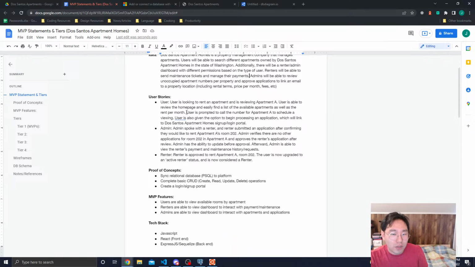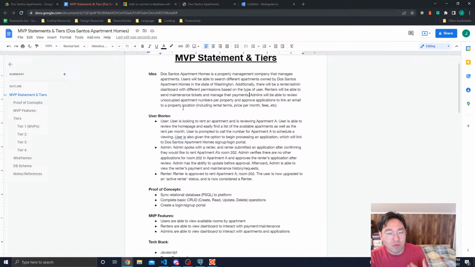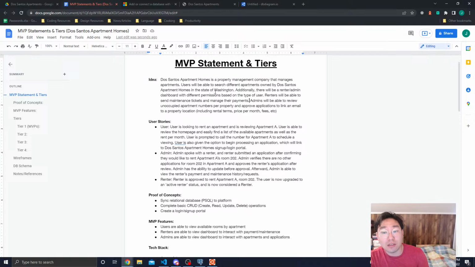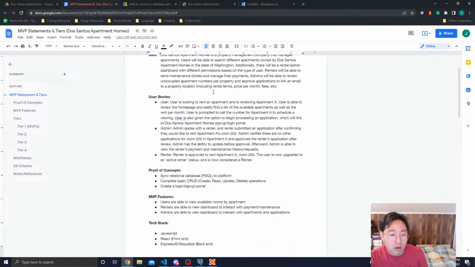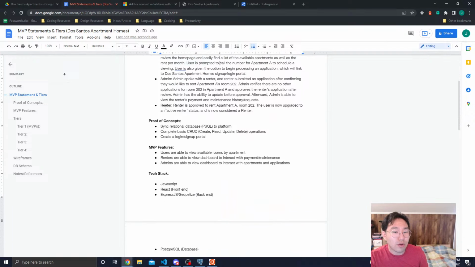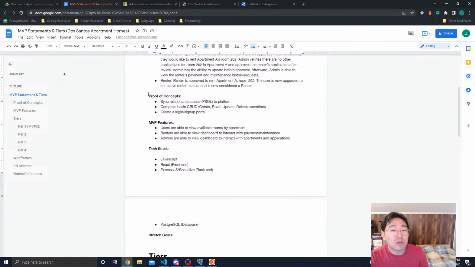So we can get that more fleshed out later. We can create more tables as needed. We can create more foreign keys on top of these renters and admins as needed. So we'll go ahead and leave it at that for now. User stories: user, admin, renter. Perfect. Proof of concepts. What we need to do in order to prove that we can create this